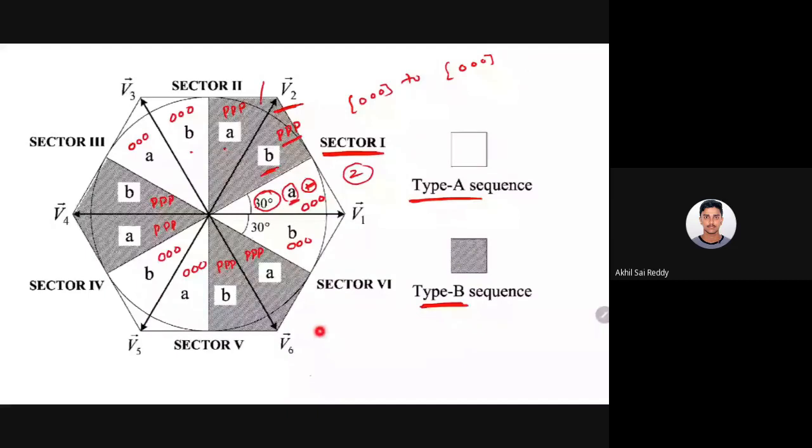So we put two constraints, right? Within one sector, there should be only one change in the switching state, right? So we are violating that here. That switching state, you are violated at this point, and we are violated here. And where else are we violated? Yeah, you are violated here, you are violated here, right?